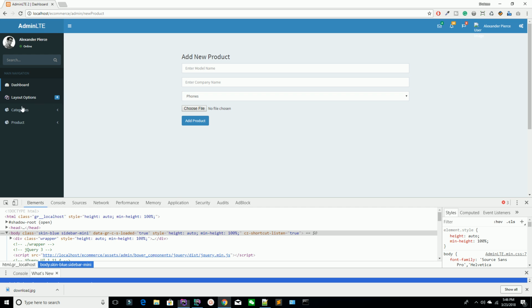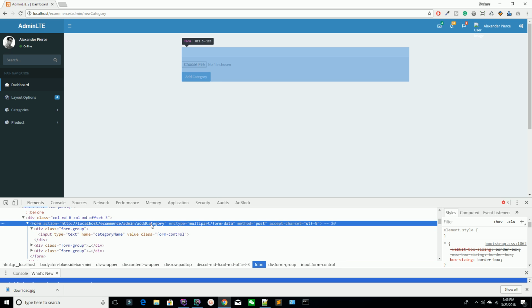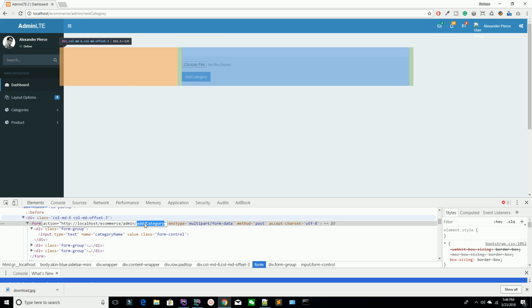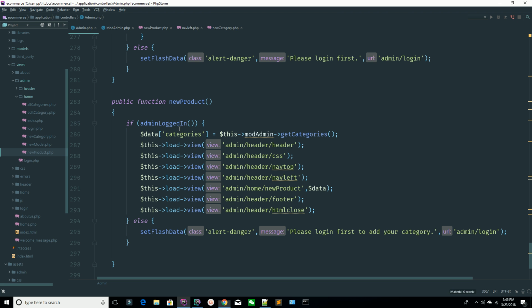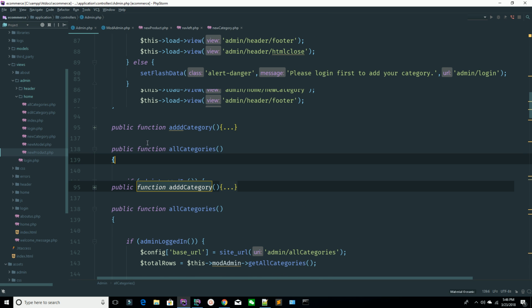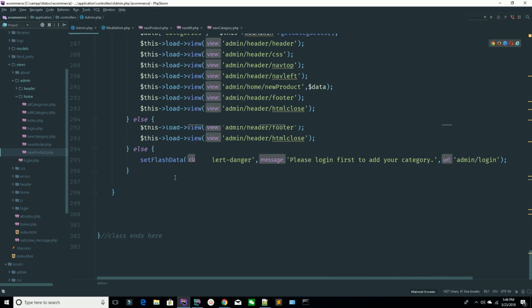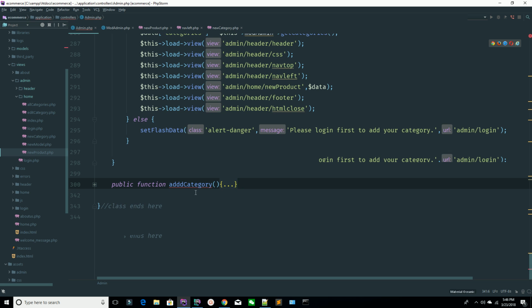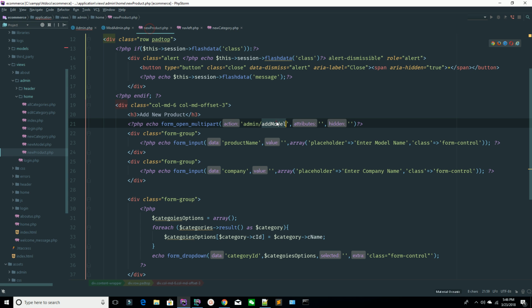So what you need, I'm saying I need to copy all the code. Okay, so you can see we are sending this form, this category form, to this method. So find this method here. So here is your category, copy this method and paste this method here and check out. What you need, you just need to update the method name. Or what is the method name? You are sending the product,